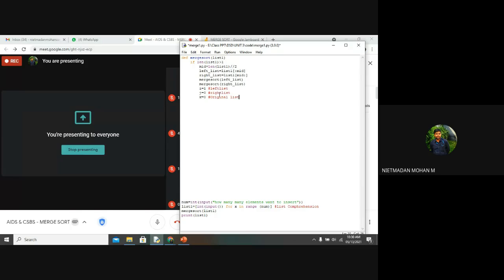Based upon the left list, I am going to do some operation with the value i, and based upon the right list, I am going to do some operation with the value j. After comparing these two, I am storing the sorted list using the value k. Clear about this?